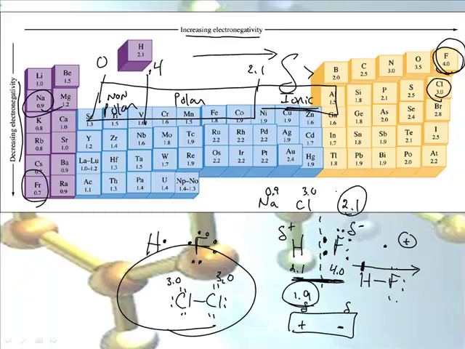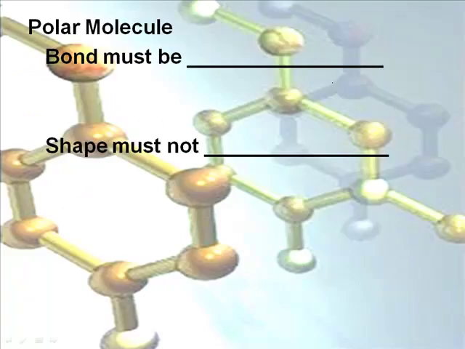I have a question for you. What if it's exactly 0.4? Well, that's a tricky question, because a lot of people think it's got to be some hard and fast box, and the reality is it's kind of mushy. It's really more of a continuum. As you go across this, you get more and more ionic, or more and more polar, so it's not just either or. It doesn't fit in a box in that sense. That's a good question there, Mr. Sams.